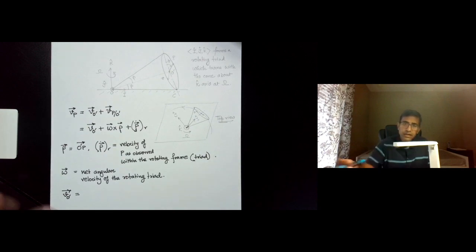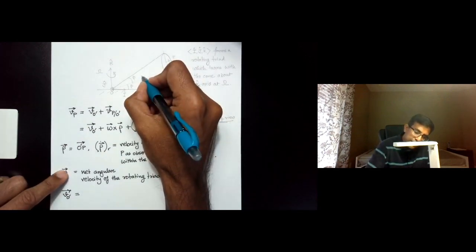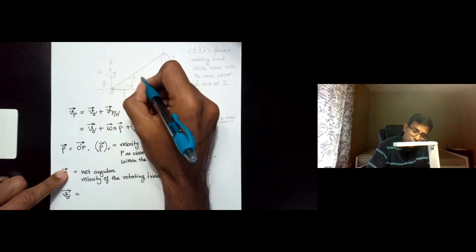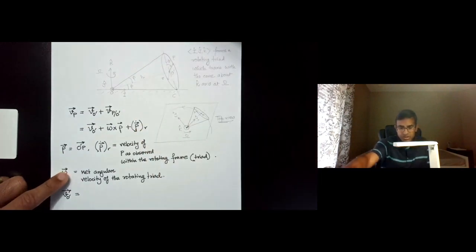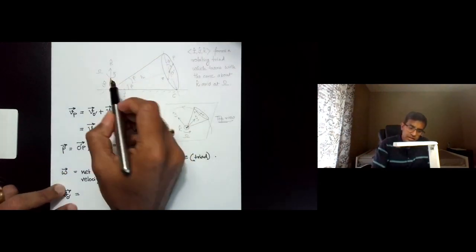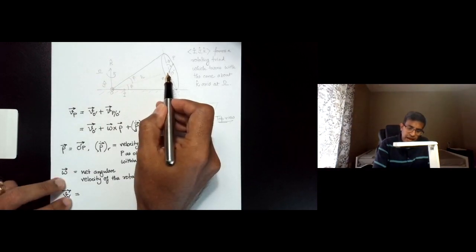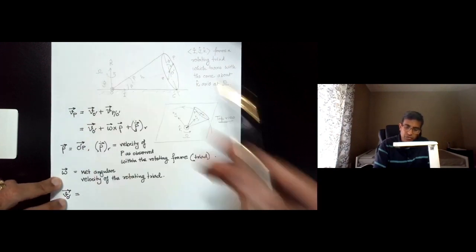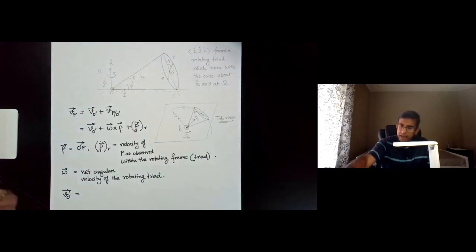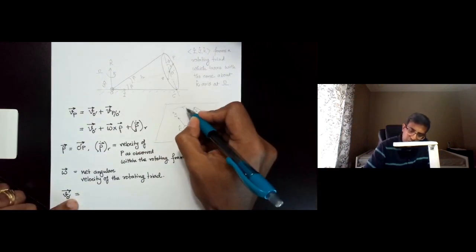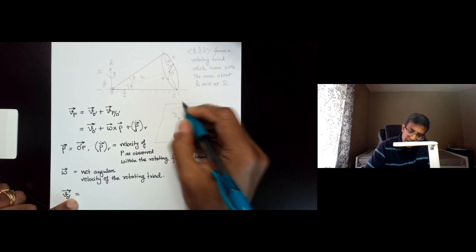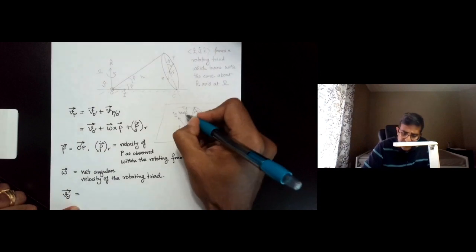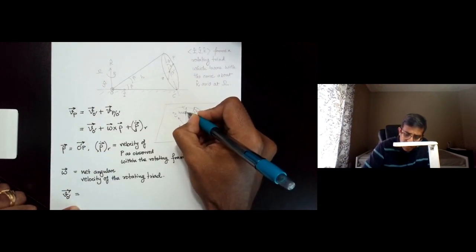So if we denote the axis of the cone by the letter H, then as you can see, that distance is given by H cosine beta. So that perpendicular distance of O prime to the axis K prime is given by H cosine beta. Okay, so this is H cosine beta,